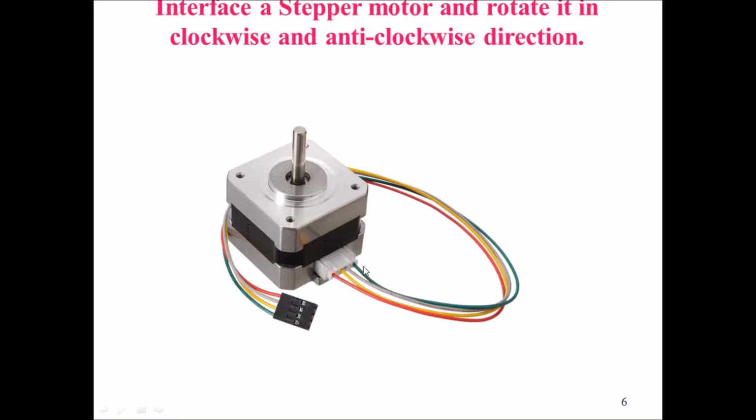All these 4 pins are connected corresponding to the 4 coils. So here the first pin is connected to coil A, second pin to coil B, third pin to coil C, and the fourth pin to coil D. So port 0.12 pin is connected to coil A, port 0.13 pin is connected to coil B, port 0.14 pin is connected to coil C, and port 0.15 pin is connected to coil D. So if you connect this interface to the microcontroller, then obviously the stepper motor will rotate in clockwise or